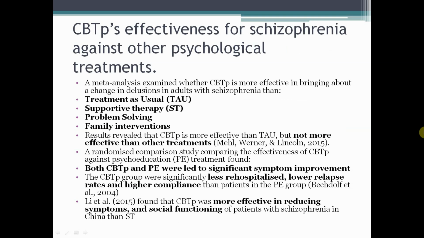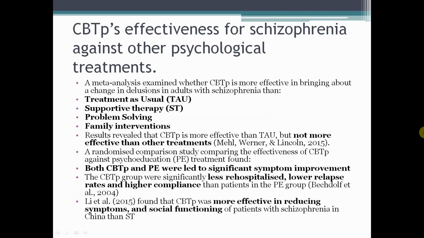Several studies measure CBTP's effectiveness for adults with schizophrenia against other treatments. A meta-analysis examined whether CBTP is more effective in bringing about a change in delusions in adults with schizophrenia than treatment as usual and other psychological treatments, including supportive therapy, problem solving, and family interventions. Results revealed that CBTP is more effective than treatment as usual, but not more effective than other treatments in bringing